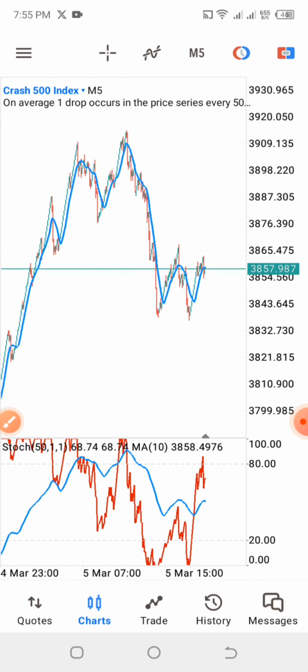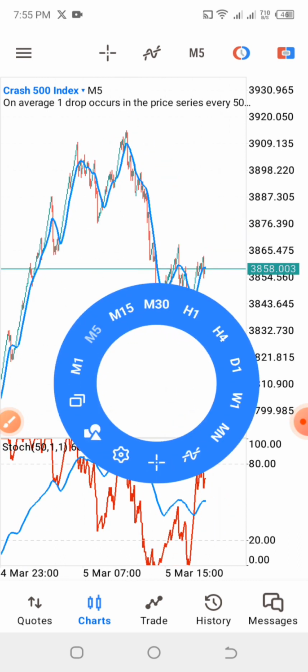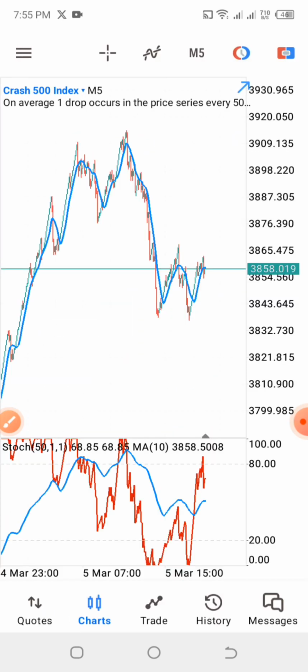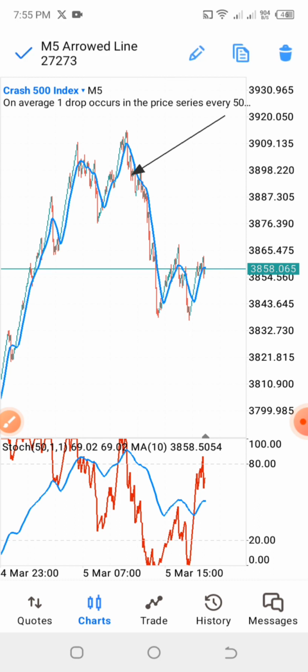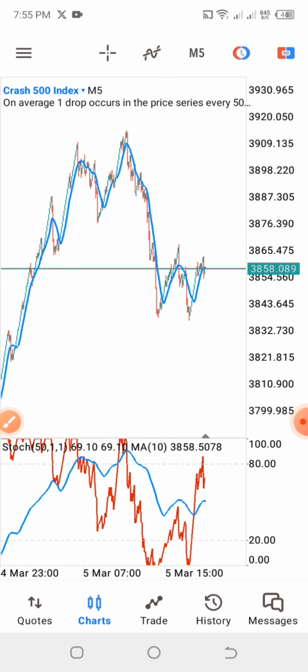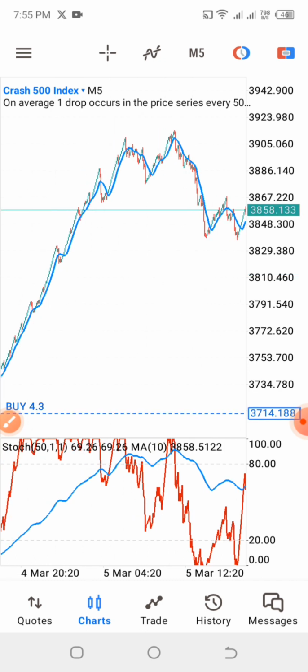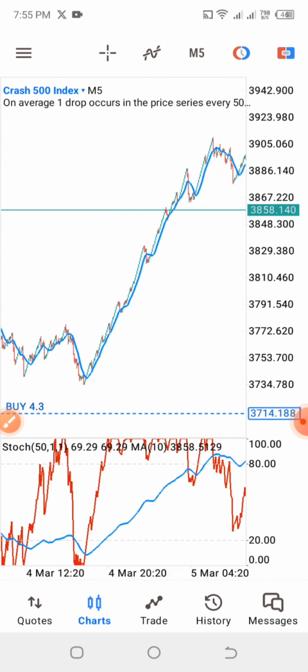Okay. So anytime we see the line crossing above the price, meaning that the price goes below, we are supposed to go for a sell. We have to make sure that the main chart and the indicator go along with each other. And the same thing is applicable for a buy also. As simple as this, I don't want the video to be long, so let me show you guys